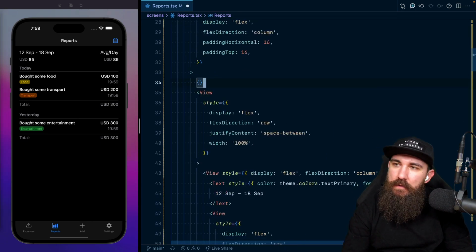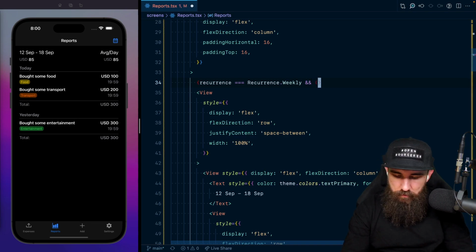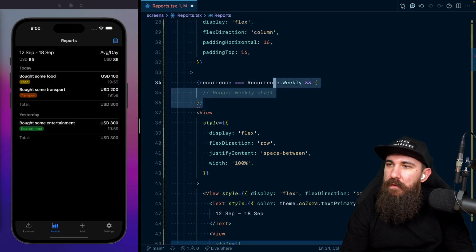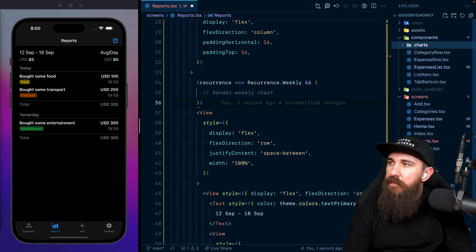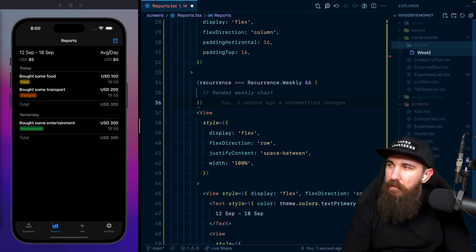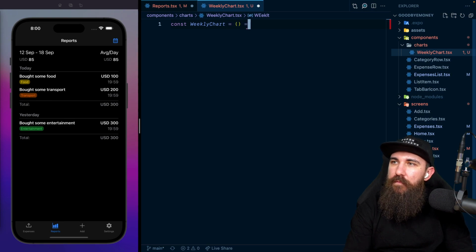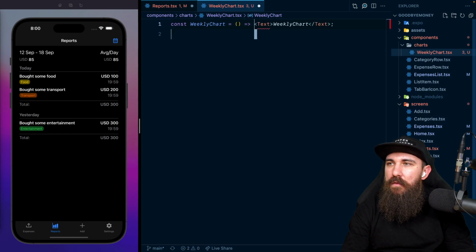Let's do that. So we will do the recurrence. If it's weekly, we'd like to render the weekly chart, right? So let's go to components. Let's create a new folder called charts, and inside we'll do WeeklyChart.tsx. Just add a text, weekly chart,